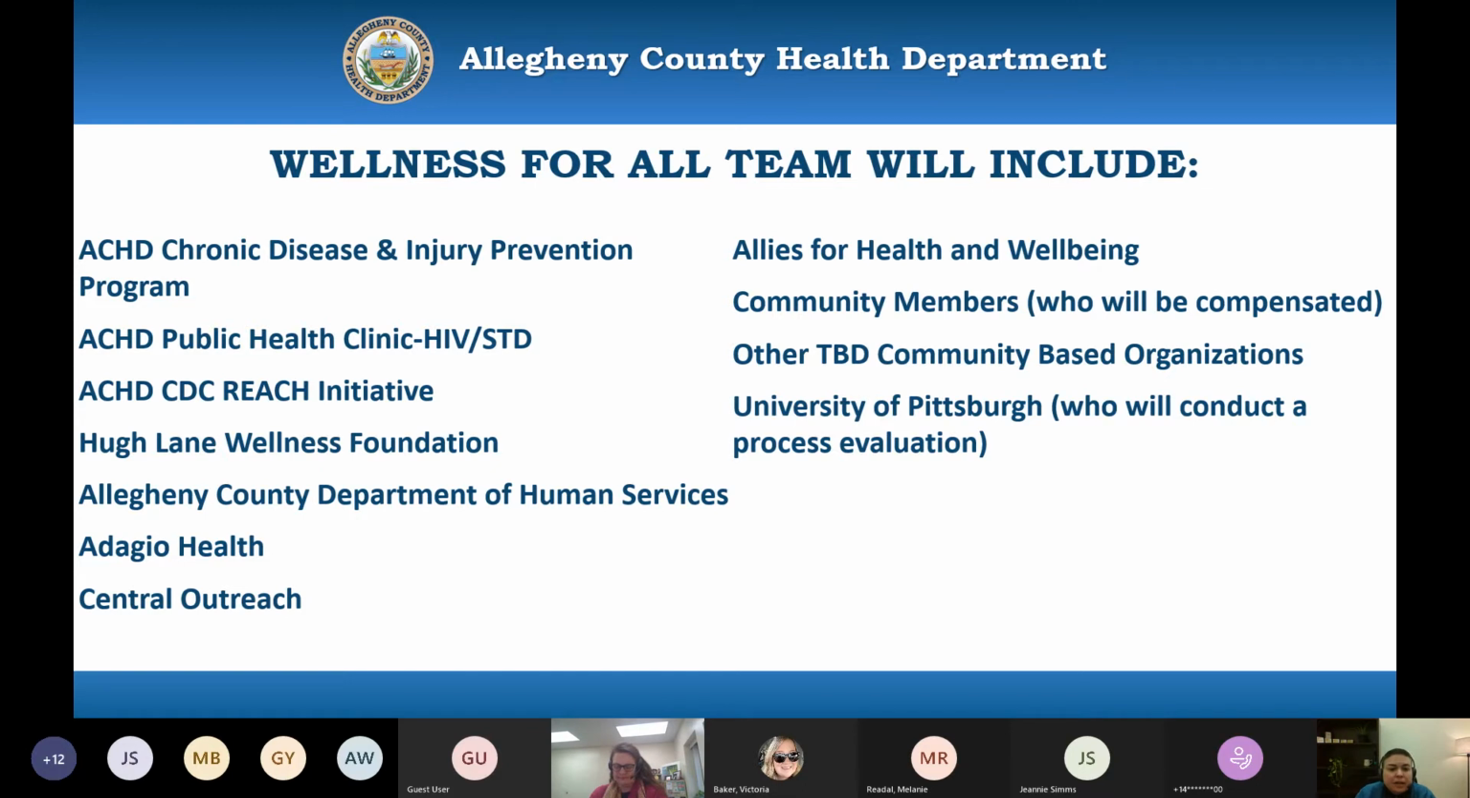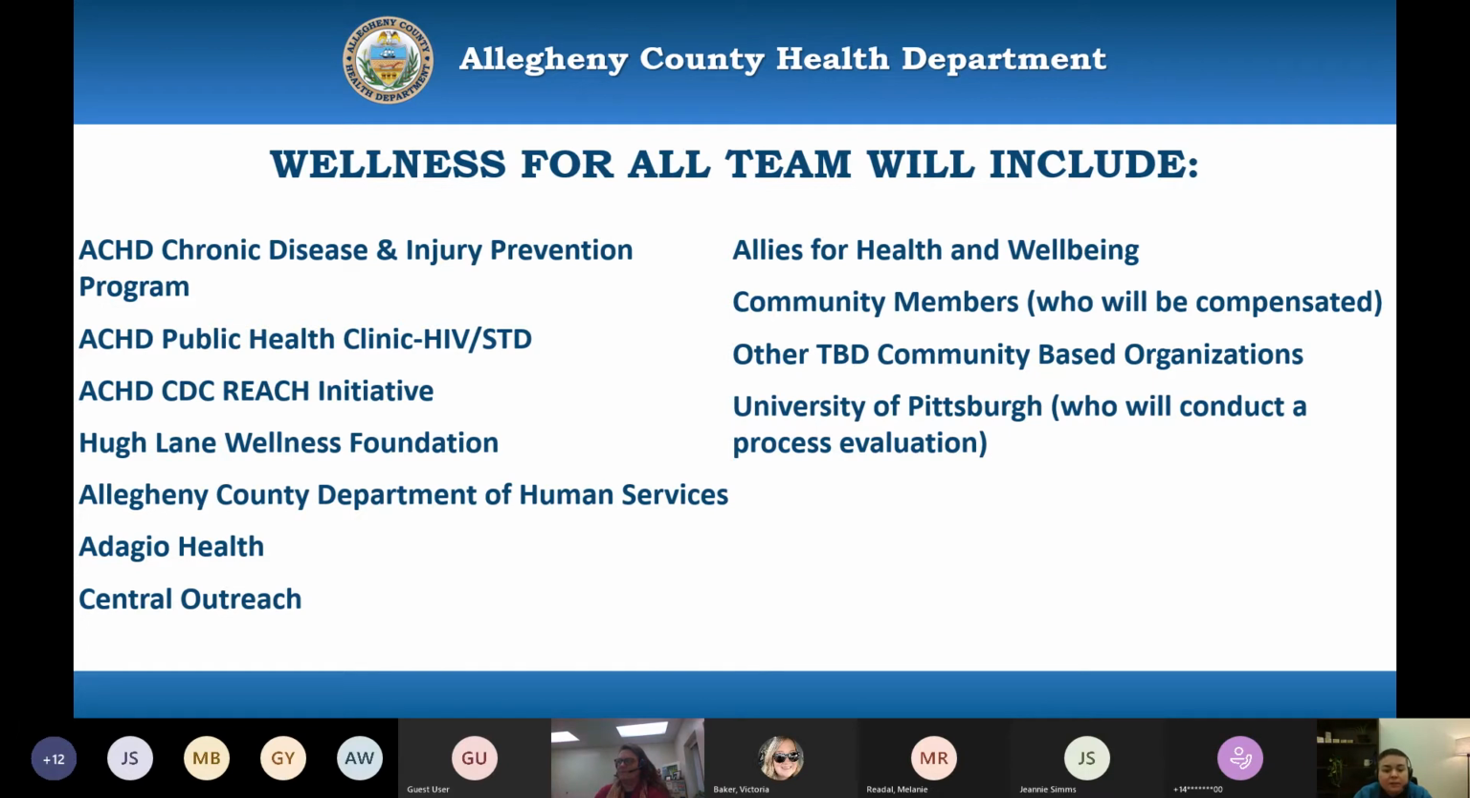The other thing I'll share about the funding for this one is that the health department was also very intentional about thinking through who we want at the table. And so we are still looking for recommendations for other community-based organizations to join us. And we'll be looking for community members themselves. And the point I wanted to make is that we are looking forward to compensating community members for their time and helping us,